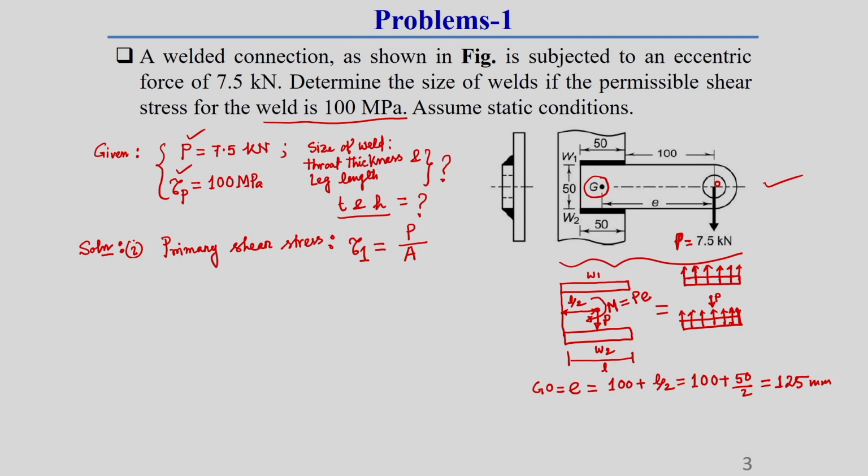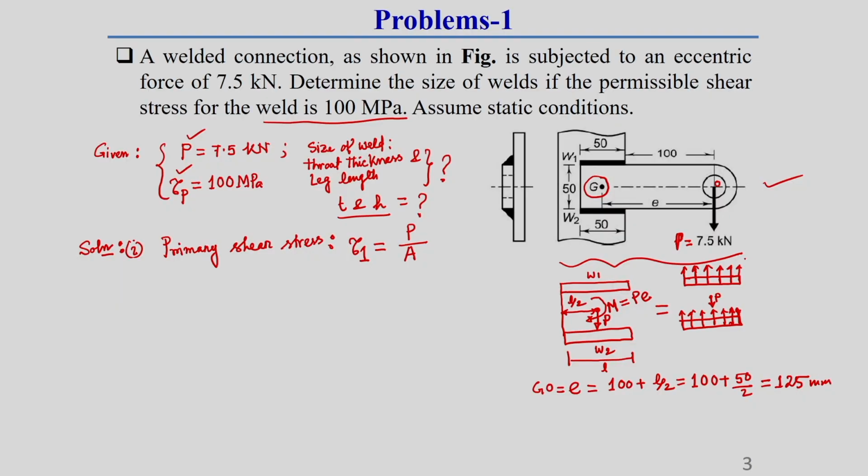You should keep this in mind, because we know that the stress developed inside a material is developed due to the resisting effect of the applied force. So, the resisting force direction will be opposite to the direction of the applied force, that is why the resisting stress direction also will be opposite to the direction of the applied force. This is called tau 1 stress, or primary shear stress. For finding primary shear stress, what is required? In primary shear stress we assume that the shear stress is uniformly distributed over the throat cross sectional area.